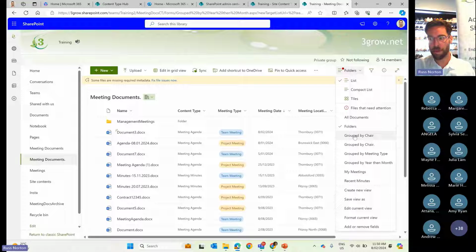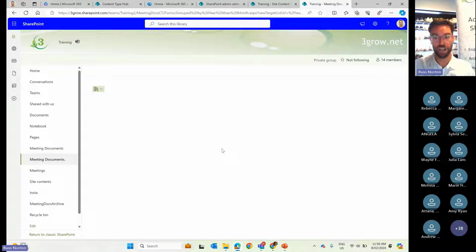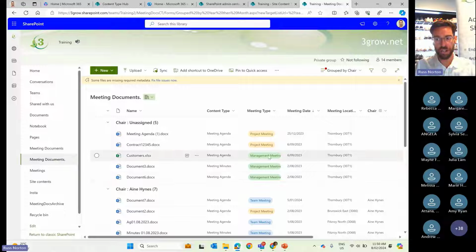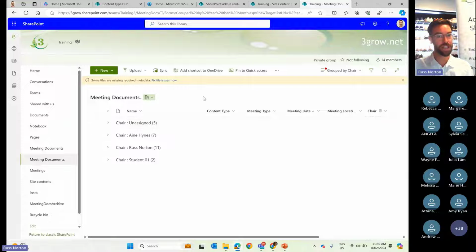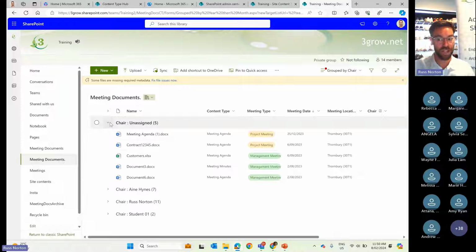What you may notice is that when we go to a view that, for example, groups by chair, the contents of the folder are mixed in here with what's in the root of the library. So we get the benefit of folders in the sense that we can manage permissions on a group of items in one go, because if we're setting permissions on each document individually to be the same as each other, then we're repeating ourselves, therefore there's a better way of doing it. So by putting those management meeting documents in the folder and then locking down the permissions of that folder, that means that of course only managers can see them, but within these grouped views, or in fact any other view,